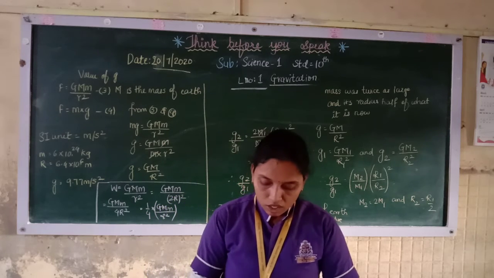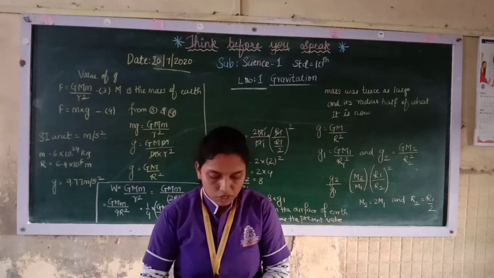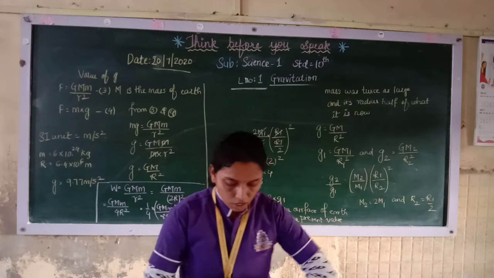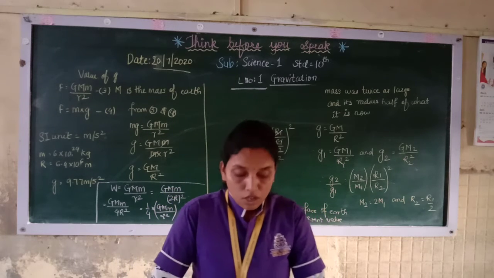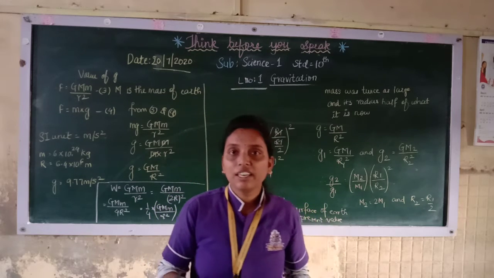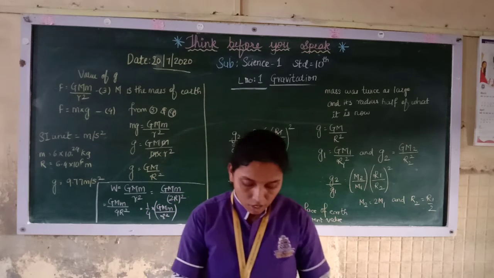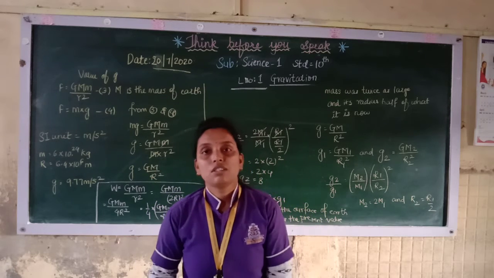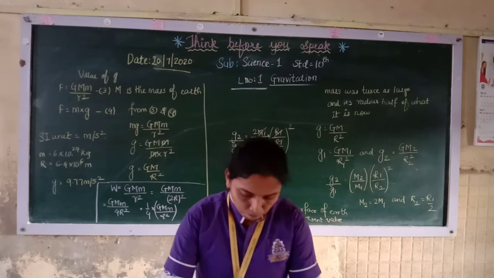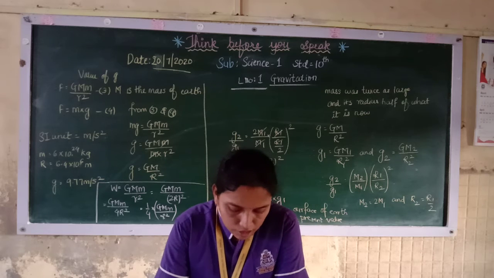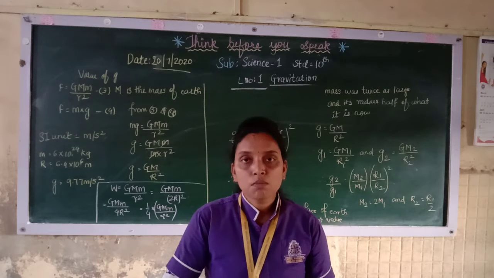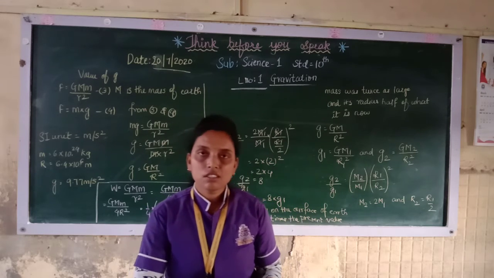Now as we go above the earth's surface, the value of r in equation 5 increases. Above the earth's surface, the radius will go on increasing. As the radius goes on increasing, G, being inversely proportional, will decrease because r is in the denominator. In inverse proportion, if one quantity increases, the other decreases. However, the decrease is rather small for heights which are small in comparison to the earth's radius. If it is a small change, then it is okay.